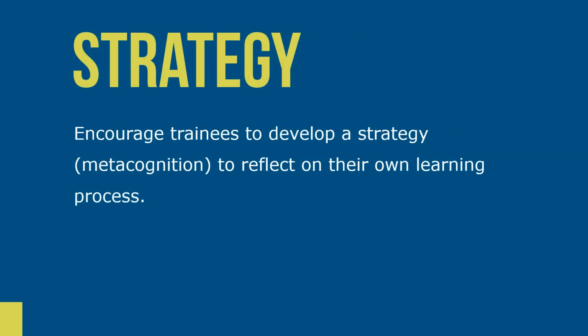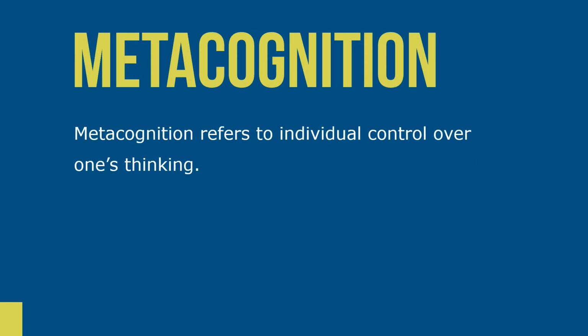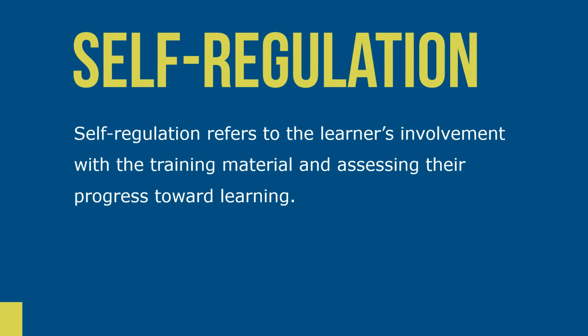Encourage trainees to develop a strategy, metacognition, to reflect their own learning process. Metacognition refers to individual control over one's thinking. Two ways that individuals engage in metacognition are monitoring and control. Research shows that metacognition, including self-regulation, promotes learning. Self-regulation refers to the learner's involvement with the training material and assessing their progress towards learning. Learners who engage in self-regulation likely learn more effectively because they're able to monitor their progress, identify areas needing improvement,